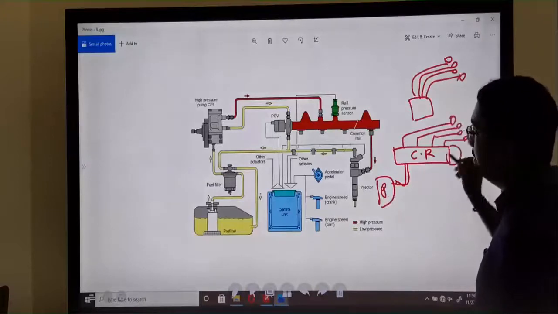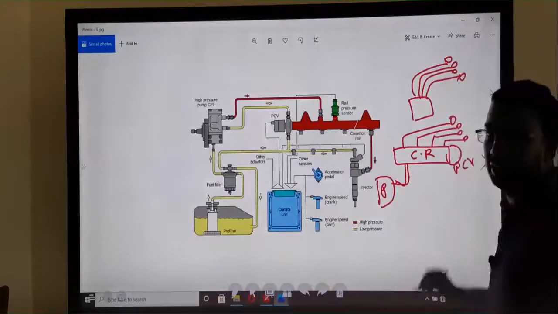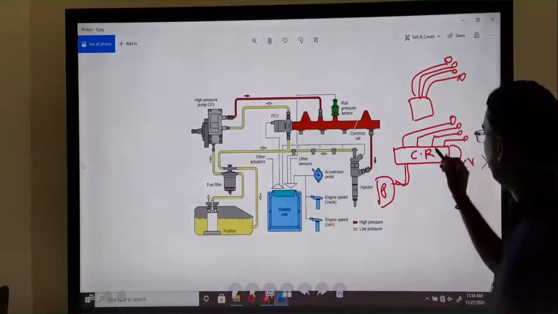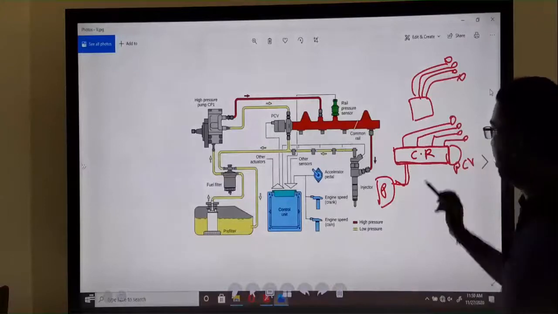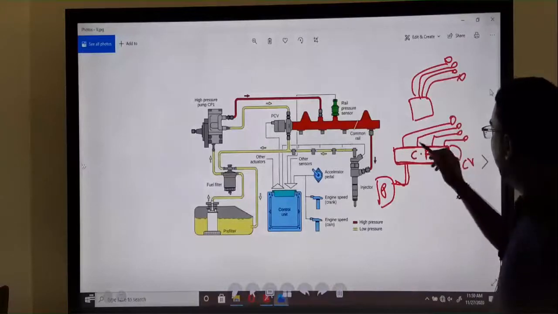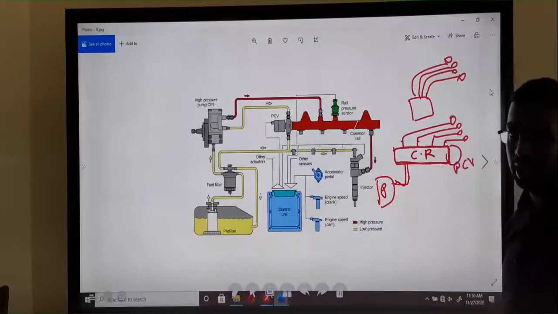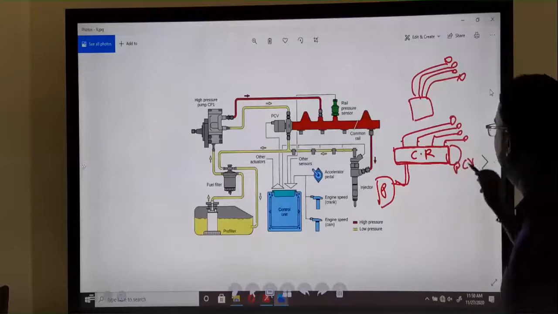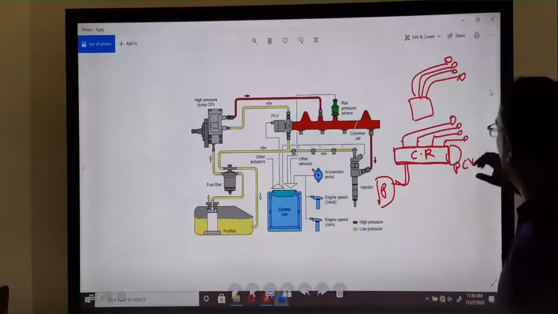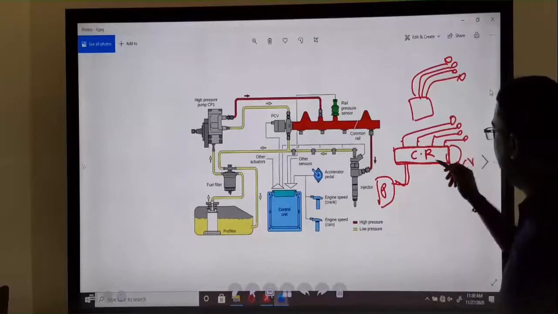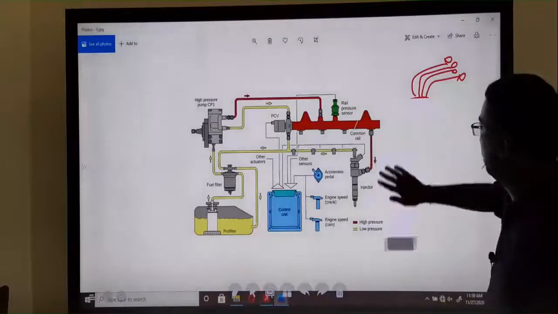On this side there is a PCV. PCV means pressure control valve. This PCV controls the high pressure, the pressure to this common rail. That's why the 4 supply pressures are the same and at high pressure, without any pressure loss. That's the function of this PCV. It is called the common rail because there is one common rail used to supply the 4 injectors.